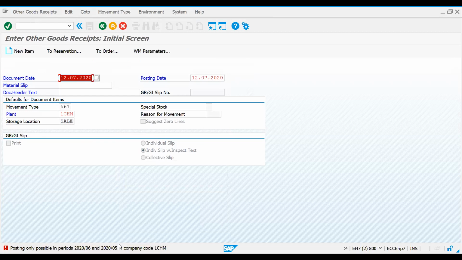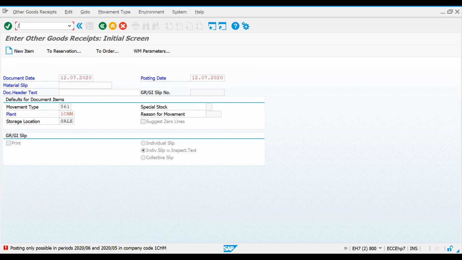It throws the error that your posting periods are not open. If you don't open posting periods for your company code, it will not allow you to do inward or outward movements of your stock. So basically it says 2020 May and June are not opened.